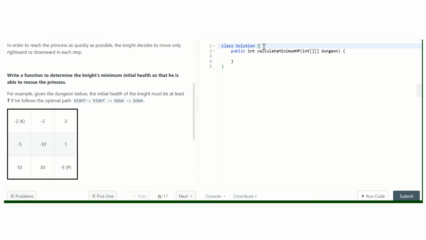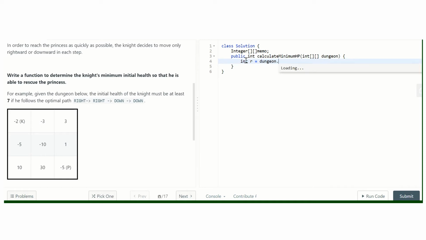So let's create an integer array memo, and let's calculate the size of grid. int r equals dungeon dot length, int c equals dungeon[0] dot length.